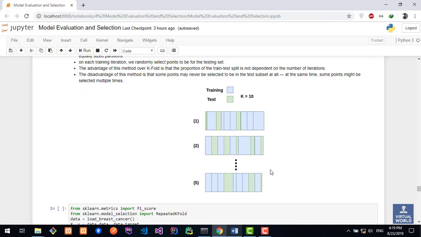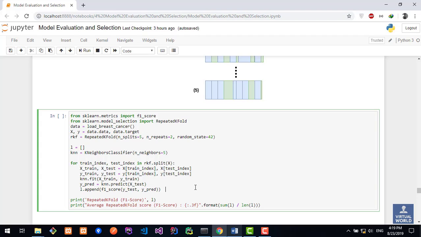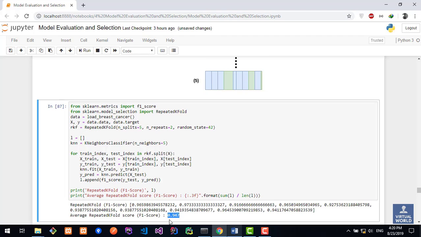In this example, we will split our dataset into 5 folds and repeat it 2 times. We will classify each fold using KNN and compute the average F1 score of the 10 sub-datasets. We see now that we have a minor improvement over k-fold cross-validation by getting an F1 score of 94.7%, which is very good, because the higher the score, the harder it gets to make an improvement on it. So anything you do to improve your model score, even a little bit, is great.